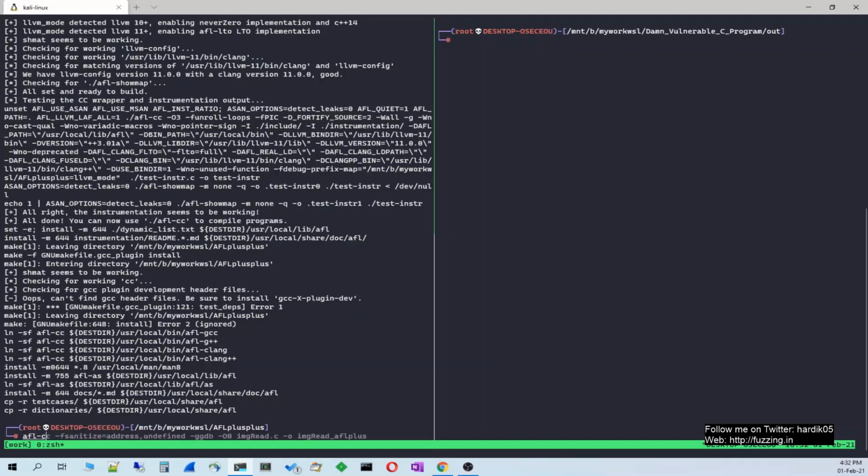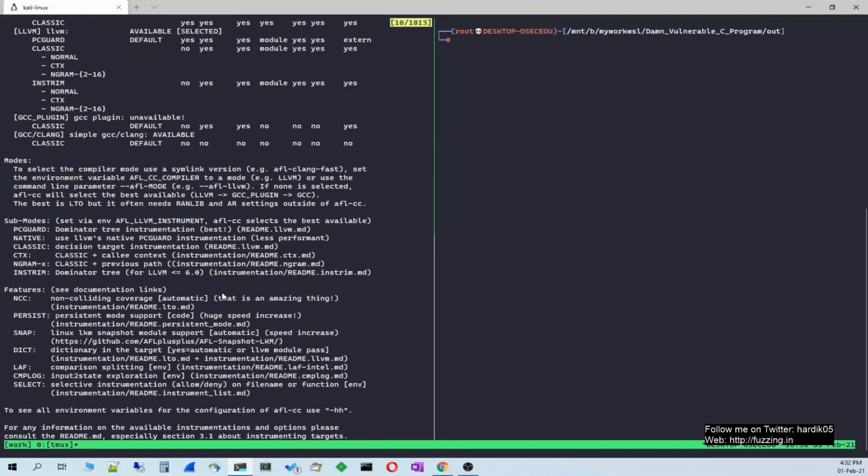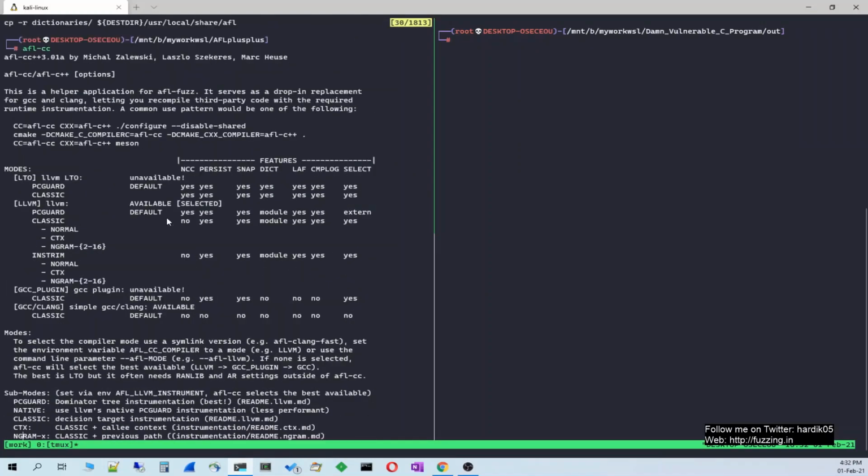What is different from AFL over here is that AFL++ comes with a new wrapper, that is afl-cc. If you just type that command, you can see all the available options and all the configuration over here. It looks like on my system LLVM LTO mode is not available.